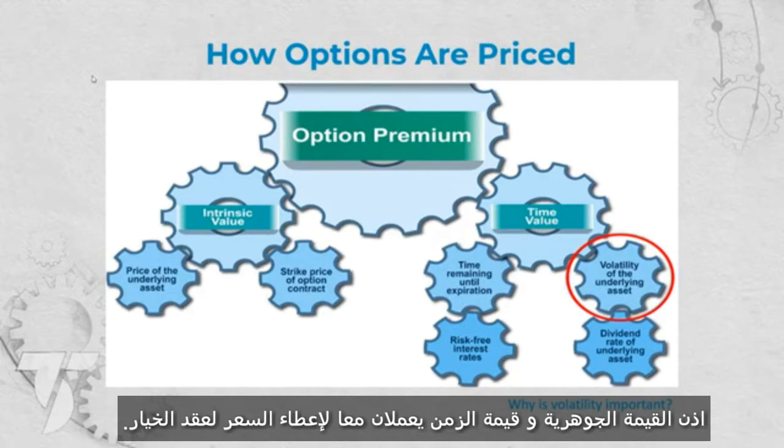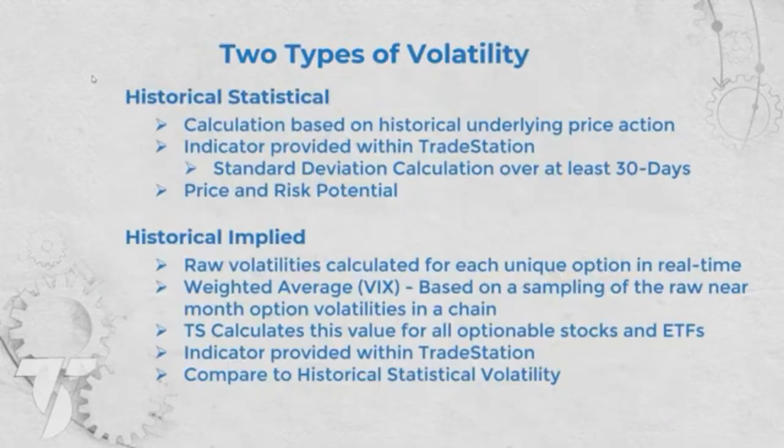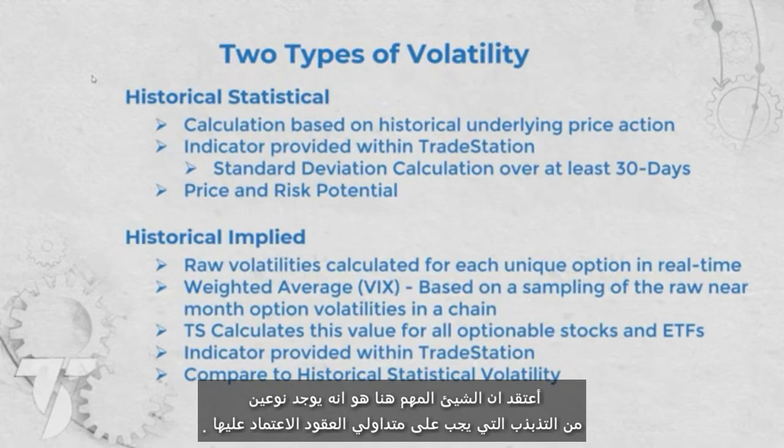So together, intrinsic value and time value work together to come up with the price of the option. And you can see these prices and these volatilities for each option in an option chain, like in OptionStation Pro. So I think the important thing to get here is that there are two types of volatility that options traders